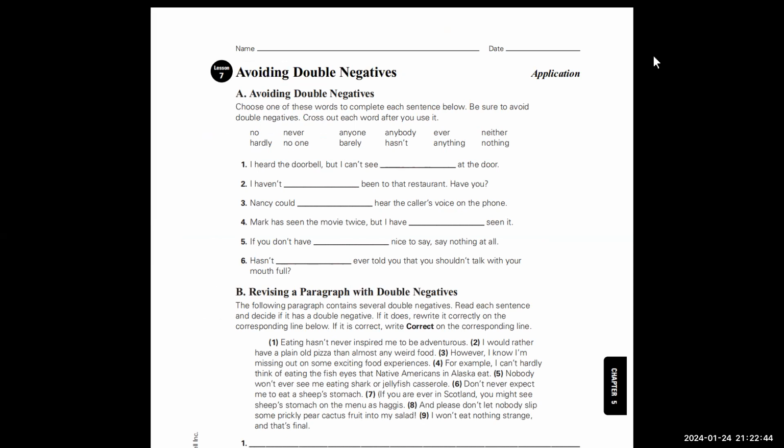Okay, so there's an application which is also a practice. Still the same, but you have to choose from the top. There are choices given there. So just choose what would fit in the sentence, because there could be two or more, but you can choose any as long as it's correct. Okay? So 1 to 6.